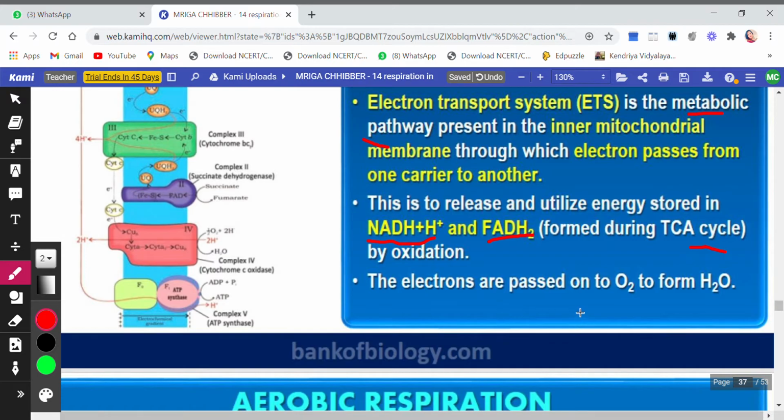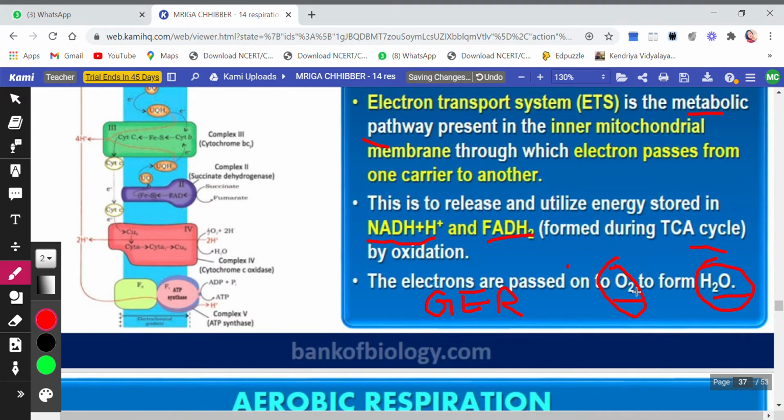The electrons are passed on to oxygen to form H2O. So as you know, gaining of electrons is reduction. GER, we always write like this. GER, gaining of electrons is reduction. So when electrons are passed on to oxygen, it will get reduced to form water. So addition of hydrogen or addition of electrons actually are the process of reduction,